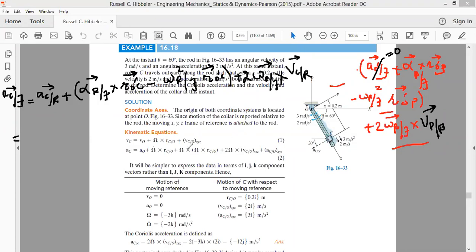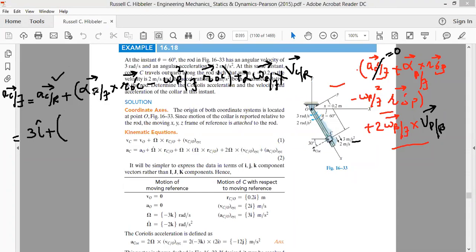Okay, that's fine. So now put the expressions. Acceleration of collar with respect to rod. Do we know the acceleration of collar with respect to rod? Yes, that is 3 meter per second square, and its direction is along x-axis. So it is 3i cap. So this is done. Plus